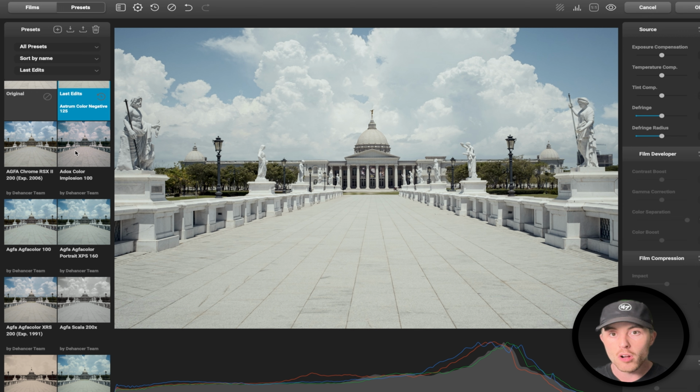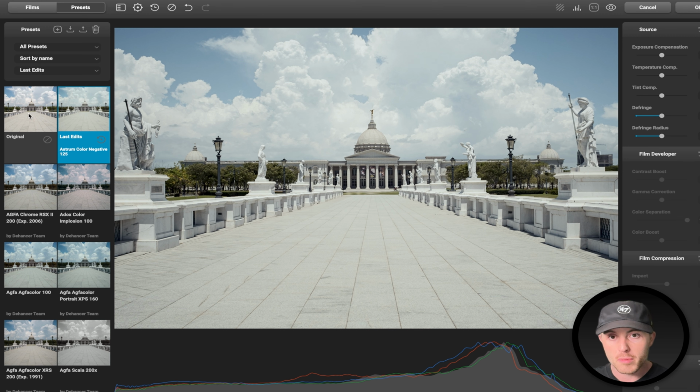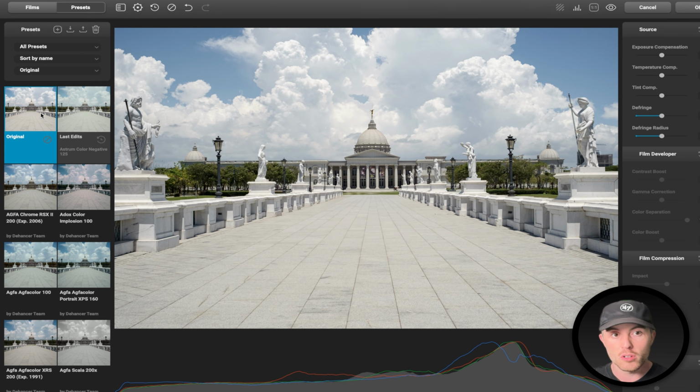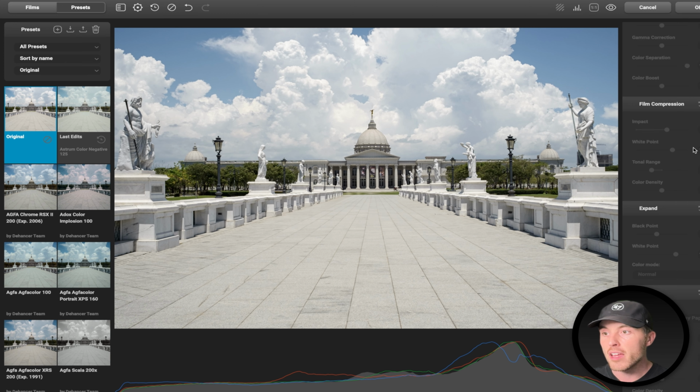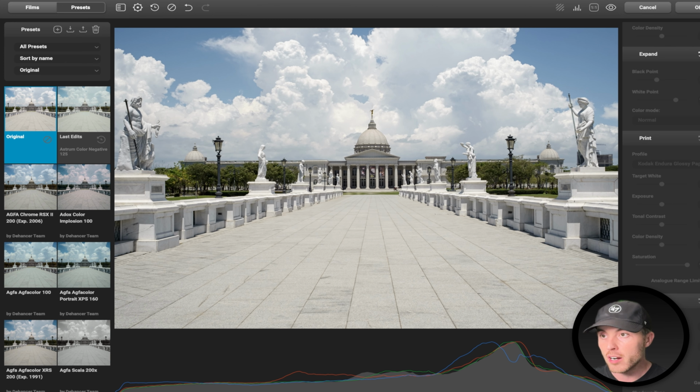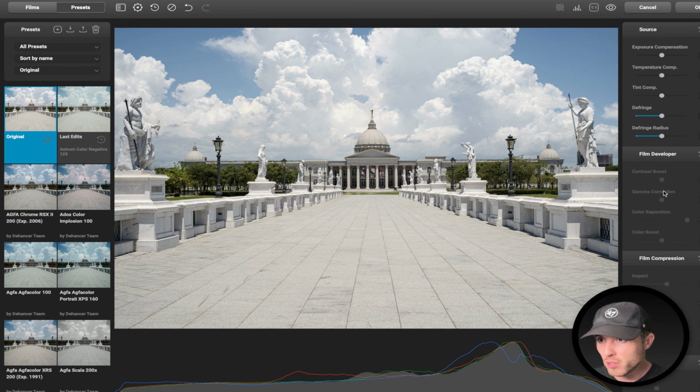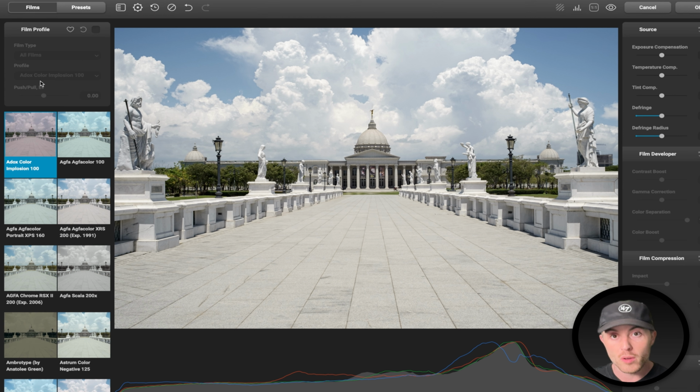Now that we have it all opened, there will usually be some presets added on to it. So you're going to want to turn off a lot of these here, just to start off with a baseline with nothing. This is another one of those things that they do in this one as well, and I'm not sure why they like to pre-add presets, but anyways,